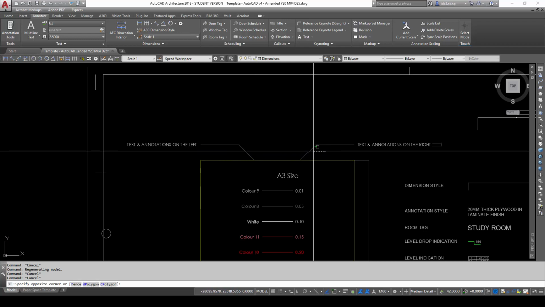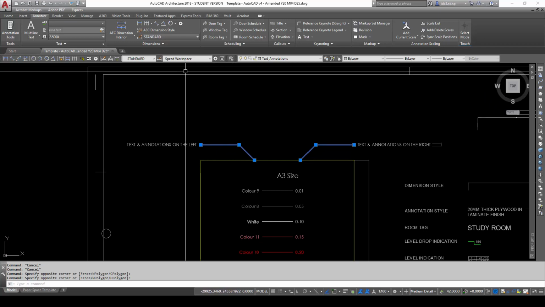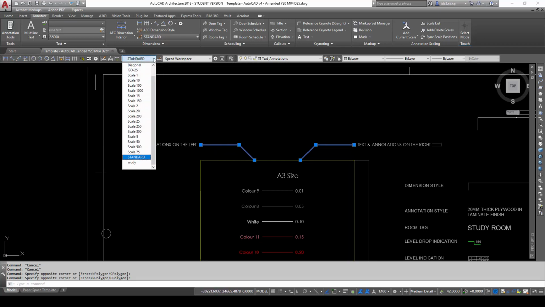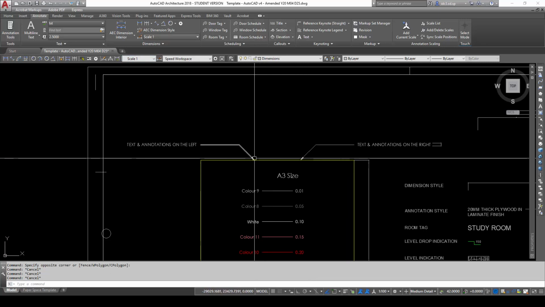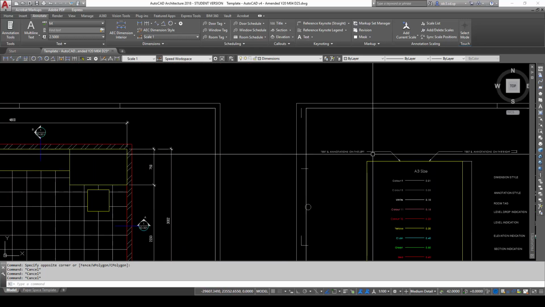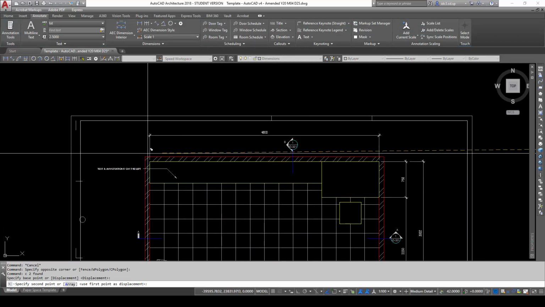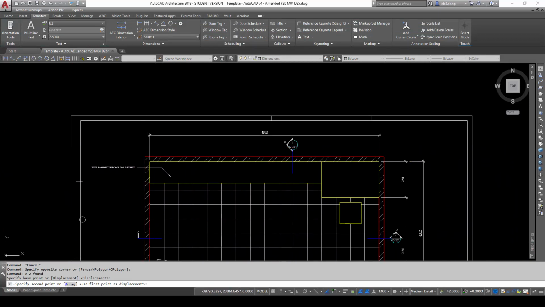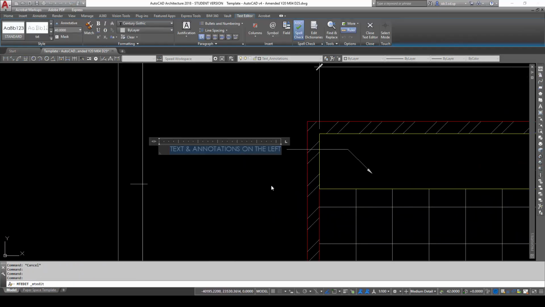So what we need to do is we will need to select these leaders here by doing a crossing selection, and we are going to change the style from, okay, scale 1 to scale 20. Notice after we've done this, the arrows will appear here. All right, and with this now, we can simply copy this and put it, let's say, here. Then we can begin to do our required